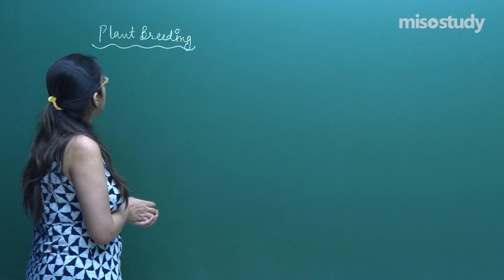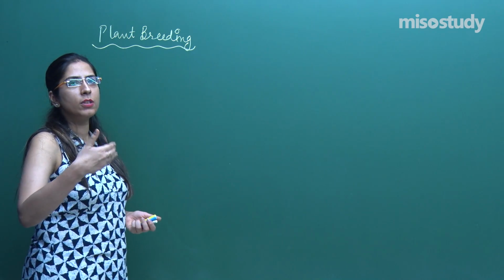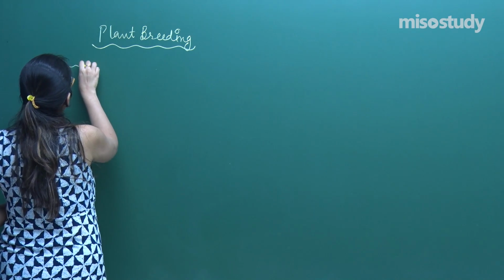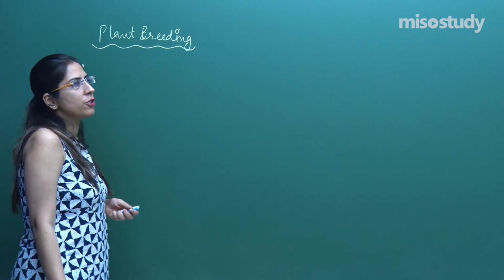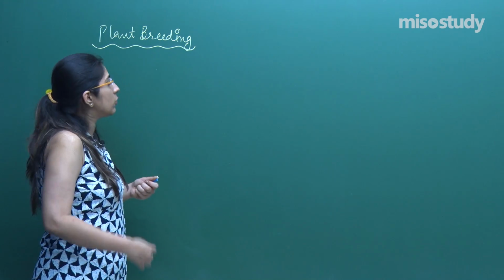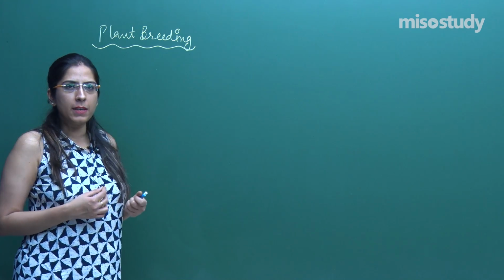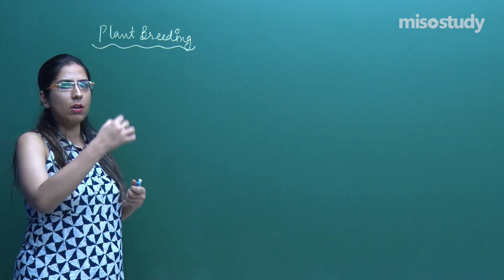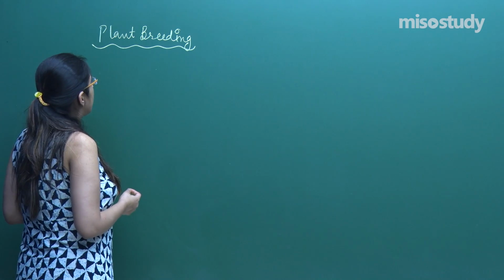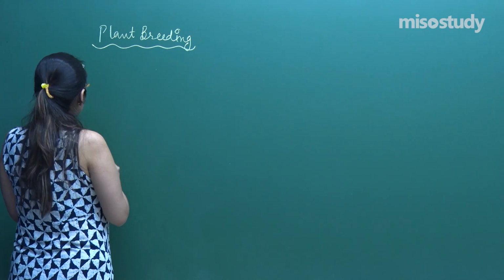So let's talk about plant breeding and why we go for it. Because of the various strategies followed with the help of plant tissue culture, microbiology and biotechnology, we are getting so many benefits. Let's talk about the benefits first, then we'll talk about how we can proceed in plant breeding methods. So first of all,